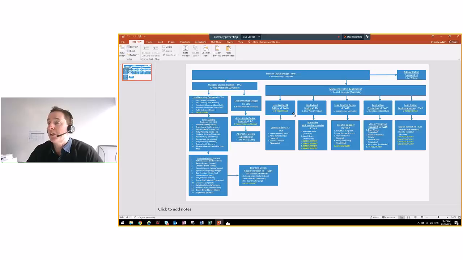That team is charged with making sure that all of our digital collateral is on brand, and we create a good student experience of our content. It's visually designed in the right ways. Then there's the video production team, which I think is pretty self-evident in what those guys are doing. They're producing video content. That's a brand new team.